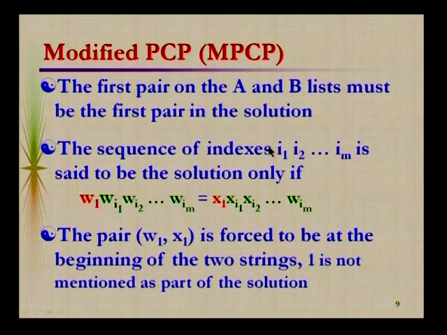So, we will go for a modified PCP problem, that is the modified post correspondence problem, and it is very easy to transform or reduce LU to MPCP. That is the reason why we move from PCP to MPCP, and later we will study how an MPCP problem is transformed into a PCP problem. Actually, we need to learn even more than that, that is how LU is reduced to MPCP. That completes the proof that PCP is undecidable. But as such, now we need to study how this MPCP is reduced to PCP. Before that we should know what an MPCP problem is.